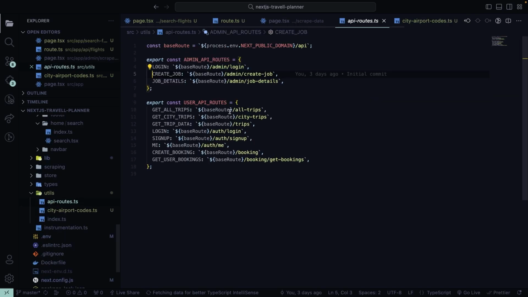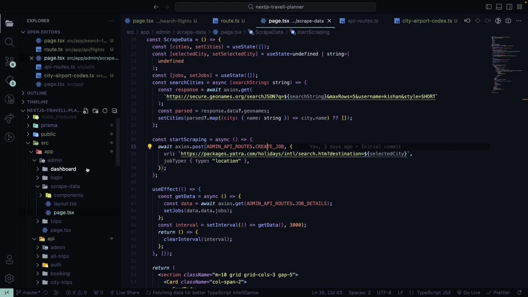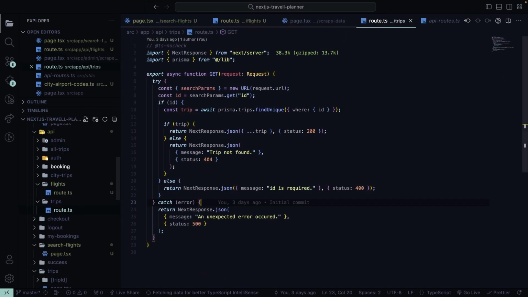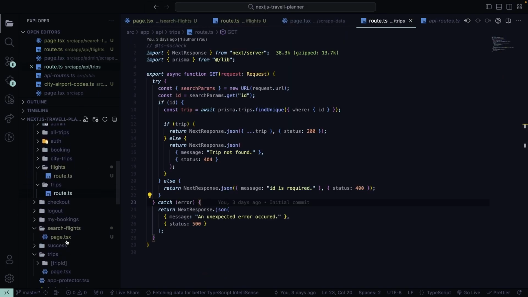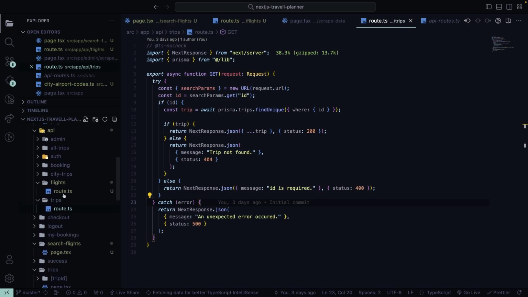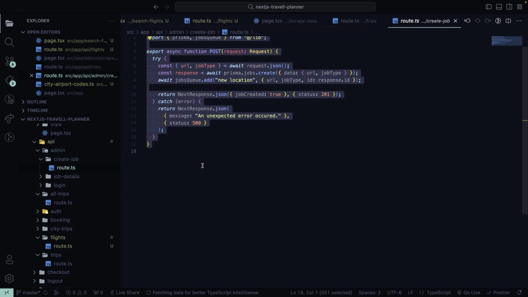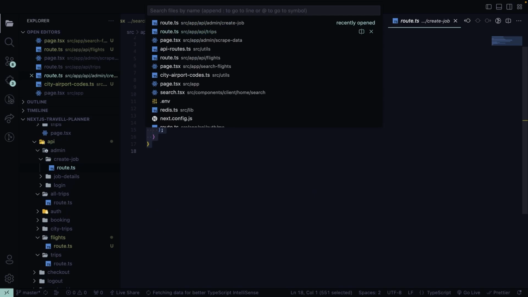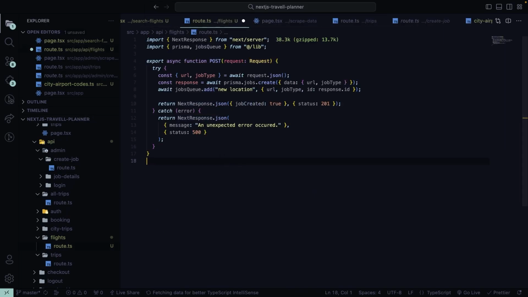And if we head over to API routes, we have this create job. So let's head over to route.ts again, and we'll have something for scrape or jobs. So okay, that would be inside admin. So this is that. Let's copy this code from here and head over to our route.ts, and inside of this